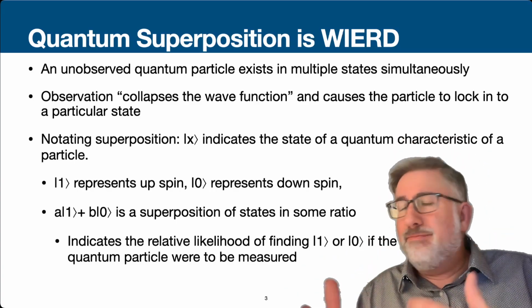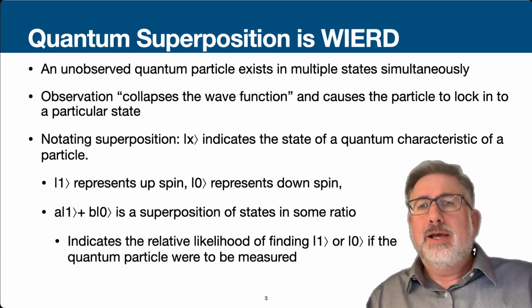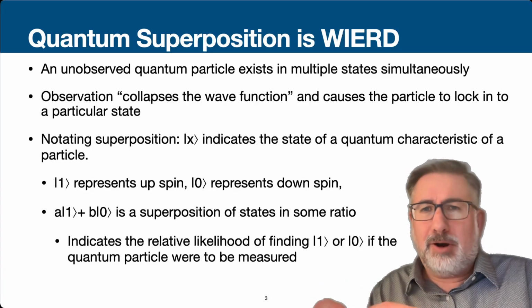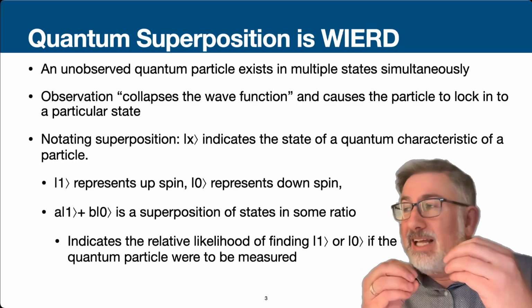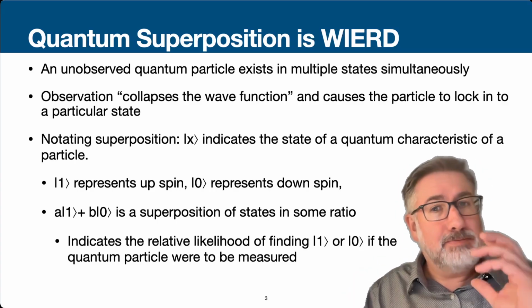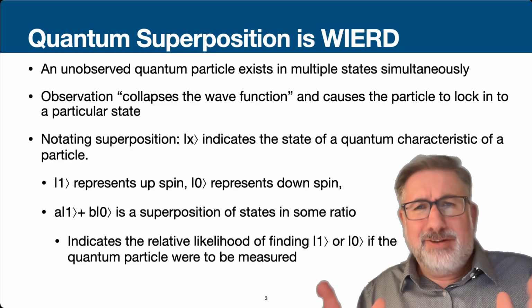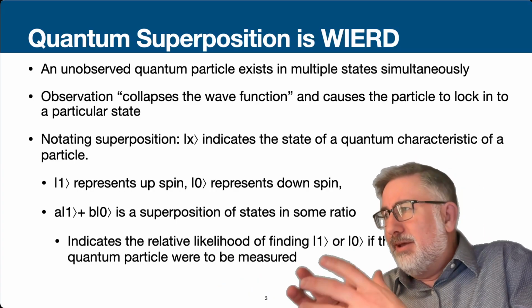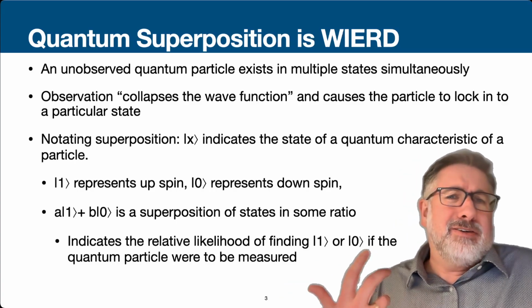And this is a 50-50 shot, but it's not clear when it's going to decay. The idea of superposition is that until we actually observe that particle's decay, or the results of that particle's decay, it is literally in both states at once. It's both decayed and not decayed. It's a very, very strange concept. And Schrodinger's argument was, well, if that's the case, then the cat is both alive and dead at the same time. And in a manner of speaking, it is.